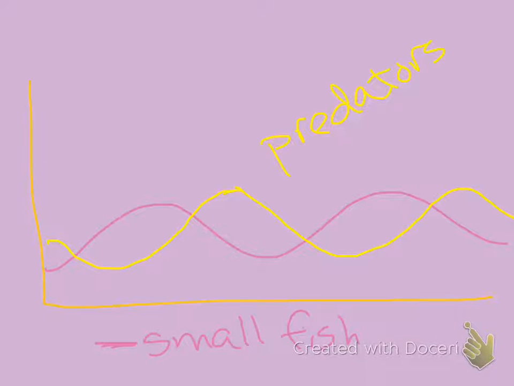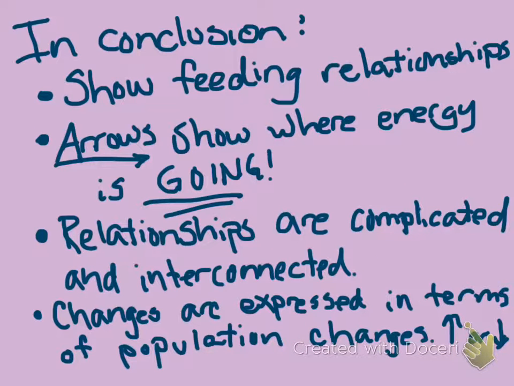So oftentimes you'll have a cycle like this where the prey animals, these are the prey, will have fluctuations. Their population will increase, and then the predators' population will increase because there's so much food to eat. And then when there's lots of predators, they'll eat all the food, and then the prey population will go down, and then the predators won't have as much food, so their population will go down, which will make the prey population go back up because there's not as many predators. So it's kind of this nice little cycle that balances itself out. Does that make sense? Okay. That was a little side note.